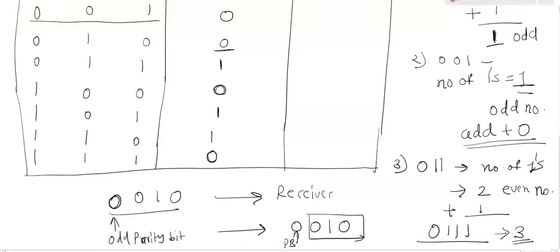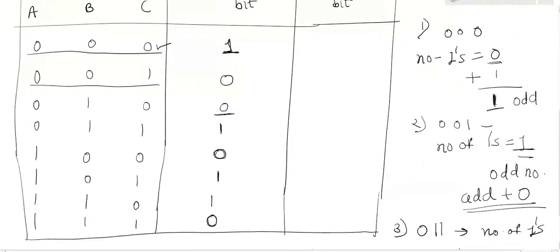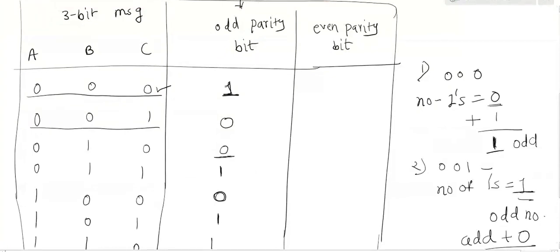Clear? Understood? Yes, all of you clear the concept of the odd parity bit generator? Is anybody having doubt in the odd parity generator? If you understand the concept, then you can write the truth table on your own. No need to memorize. Directly you can apply the concept and find out the truth table values. Once you find the truth table, it is very easy to design and implement.